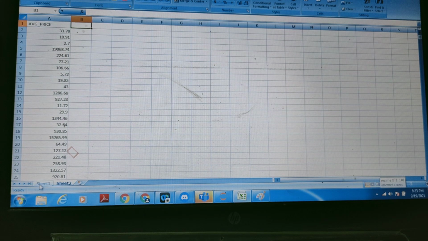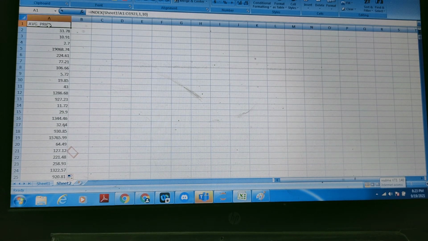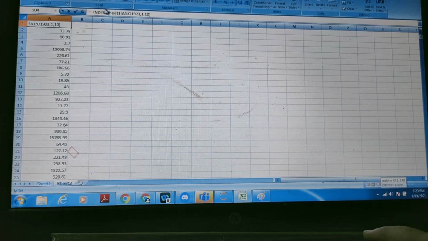Suppose now we want to take out the symbol. We will take the same formula that we used here, copy it and paste it here.